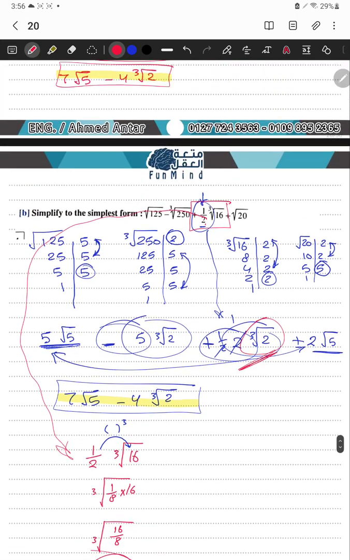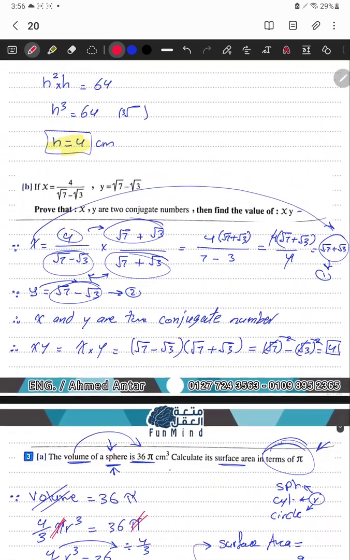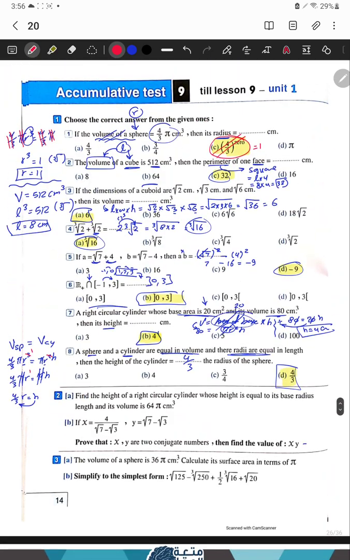So now this is the final of this accumulative test, and we have solved all of the tests together. If you want to ask anything, send to me, and then I'll answer you,